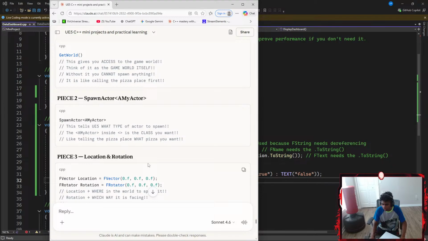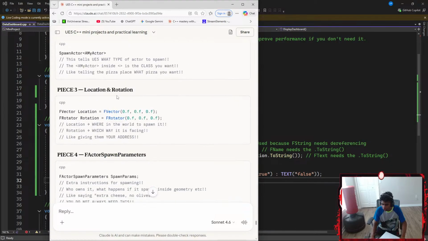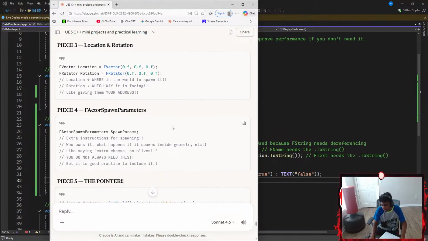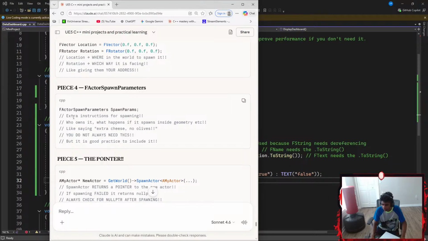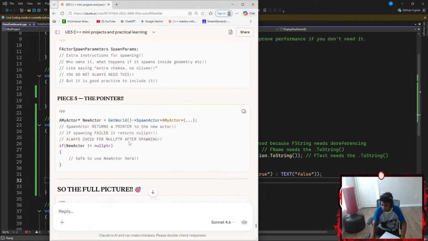Perfect. And then piece 3, location and rotation. I know that, that's pretty easy. Then extra instructions for spawning it: who owns it, what happens if it spawns inside the geometry, etc. You do not always need it.